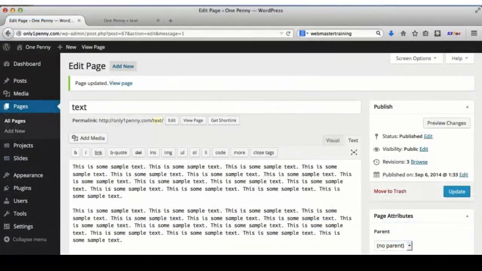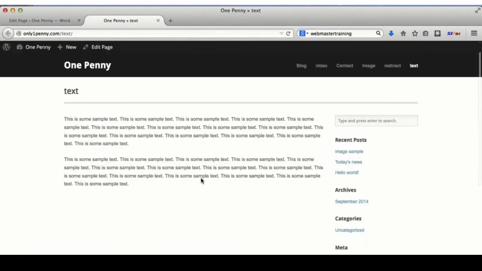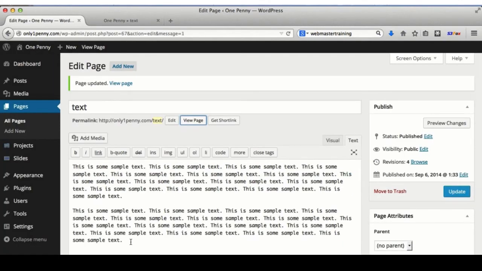Line breaks. In this lesson, I'm going to show you how to do line spacing in WordPress. If you look at this page right here, I just have sample text. I'm going to go ahead and click Update. And then we'll come over here and click View Page, and you'll see it has 2 paragraphs. Now with WordPress by default, this normally works just great. If we add, say, some more content and hit enter, it shows up like that and it's got that space,